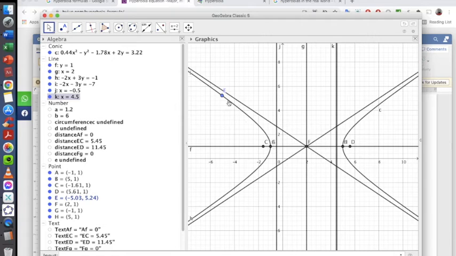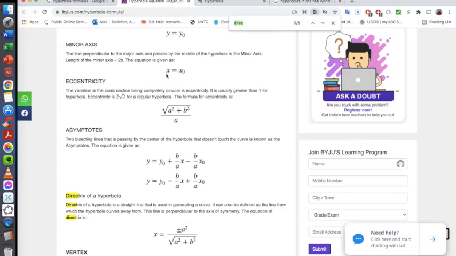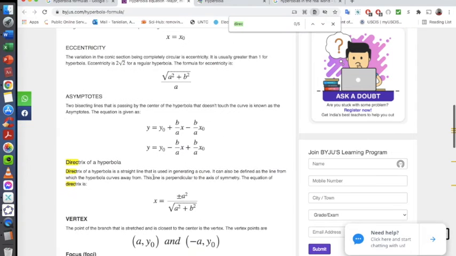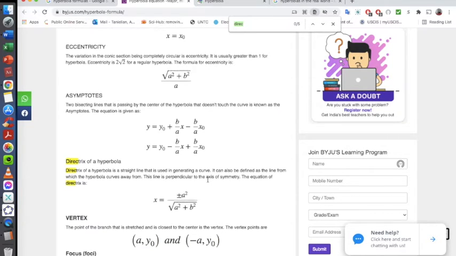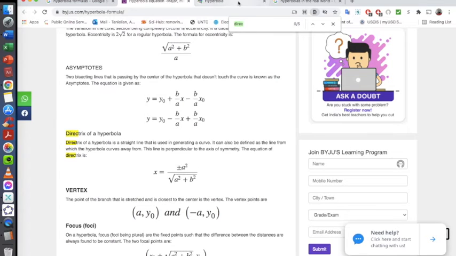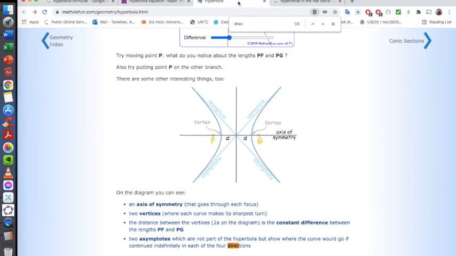And very similar to a parabola, the directrix plays a part in determining the graph. What does the directrix do? It's a straight line that's used in generating the curve. It can also be defined as the line from which the hyperbola curves away. The line is perpendicular to the axis of symmetry. We could explain it a little bit more, I'm sure. Directrix,